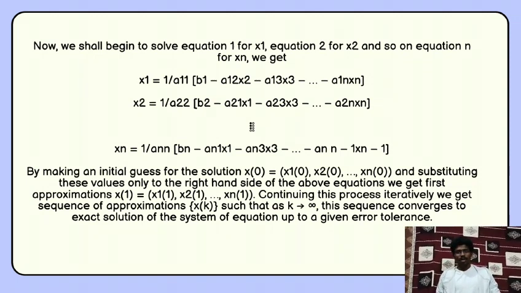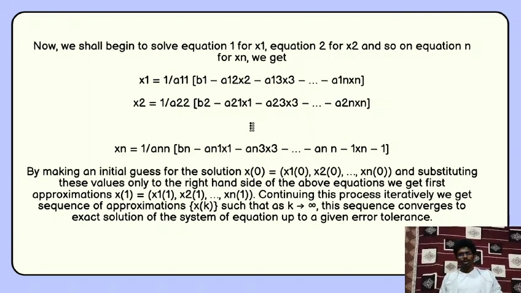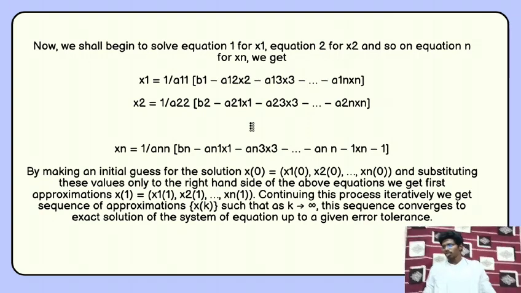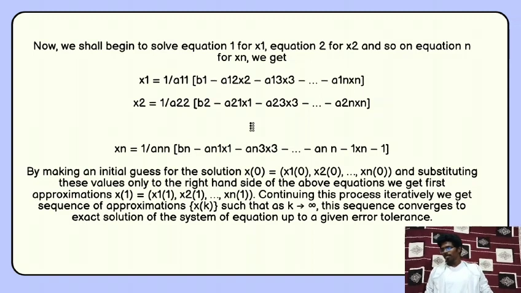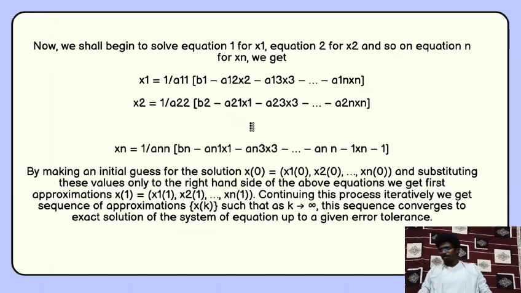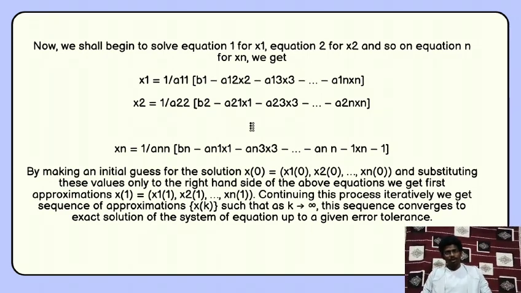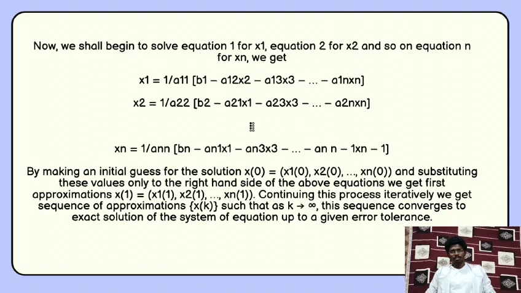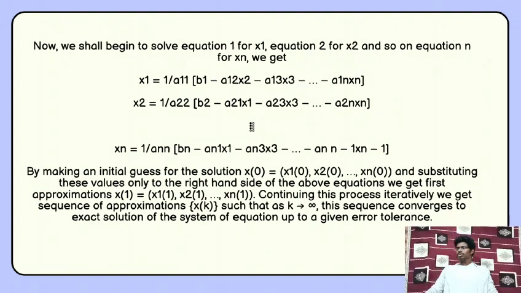a11x1 plus a12x2, and it goes till a1n xn, which is equal to b1; a21 x1 plus a22 x2 plus, and it goes to a2n xn, which is equal to b2; and so on through the column, an1 x1 plus an2 x2 plus ann xn equal to bn. Now we shall begin to solve equation 1 for x1, equation 2 for x2, and so on,